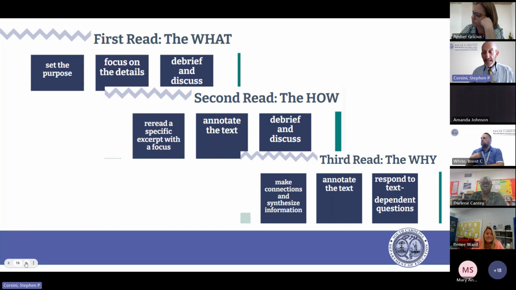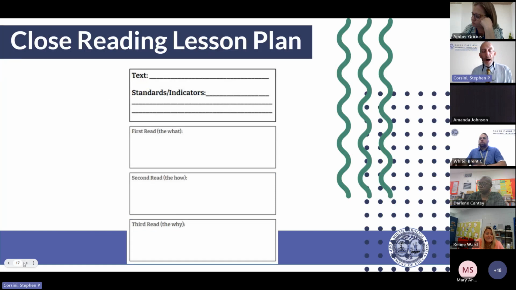And I did like, and I think we have a link for this, Mandy suggested a lesson plan, which is really good when you're working with sources, especially with elementary kids with their first time using some of these sources, to give you that clear reminder of what you are having your kids do each time they look at this source, because you're going to give them a different purpose each time.